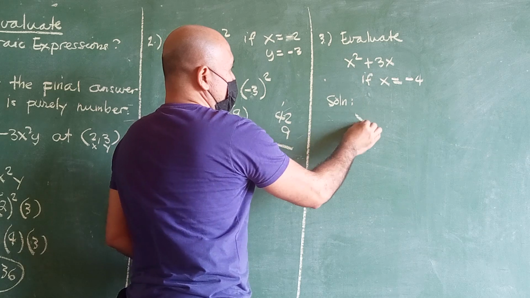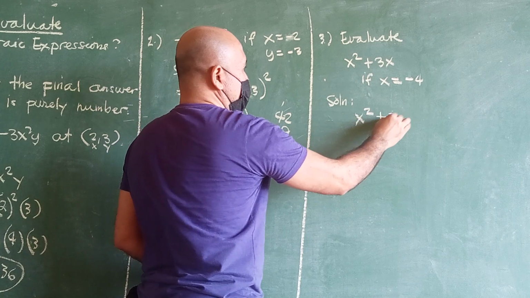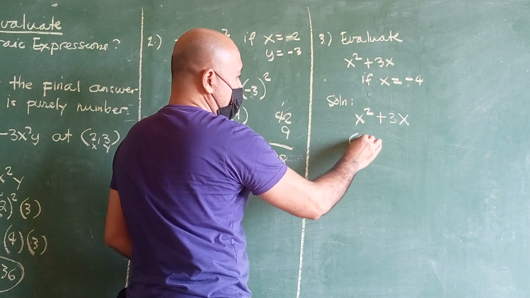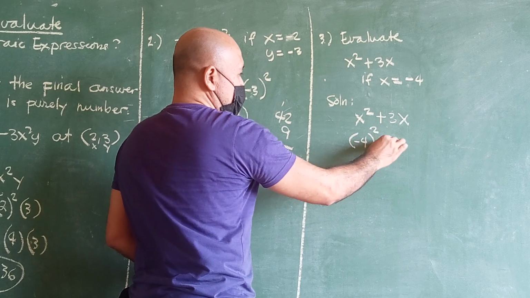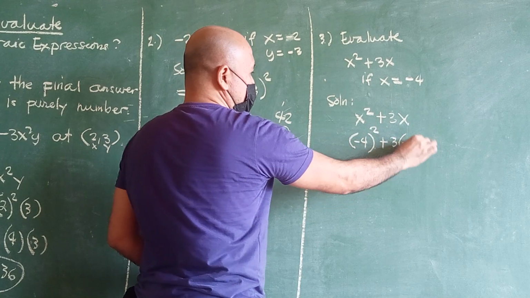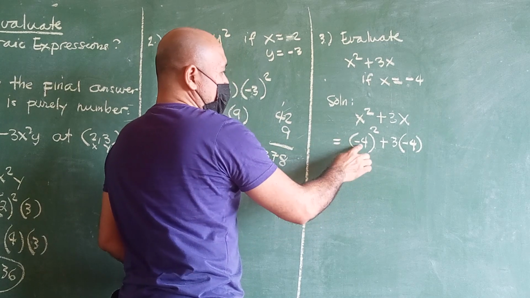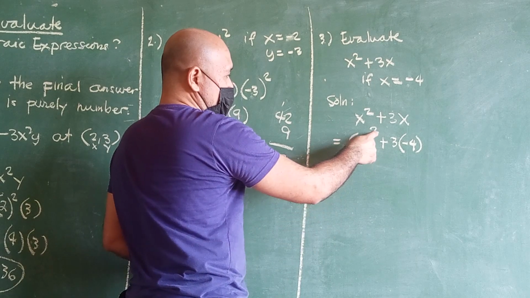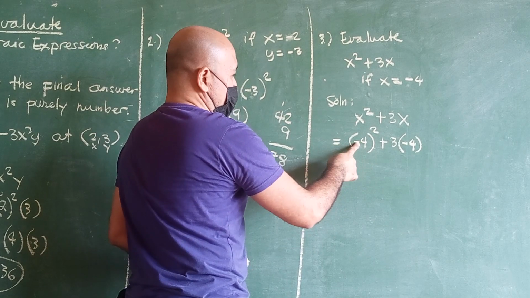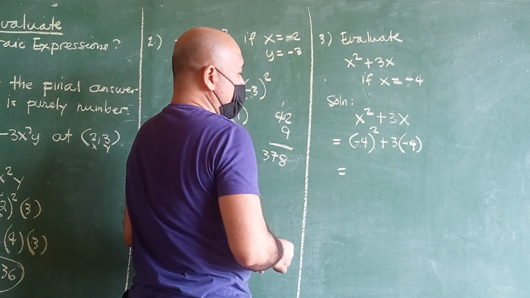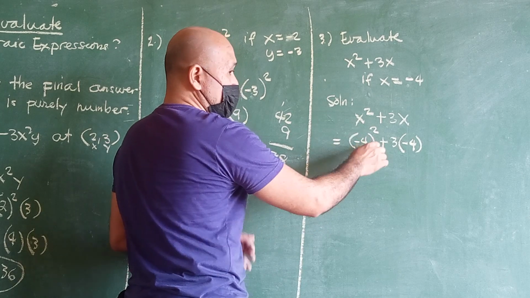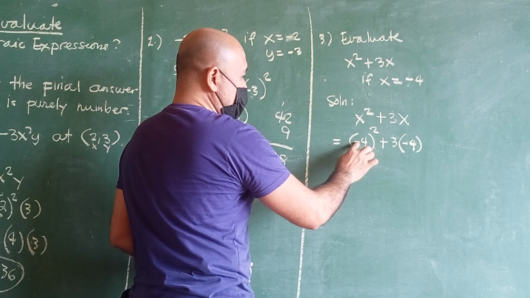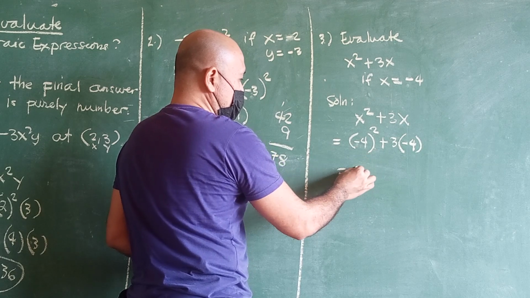So we write x squared and then plus 3x, and then substitute x, which is equal to negative 4, that becomes negative 4 squared plus 3 times negative 4. So you have negative 4 raised to the power of 2. Remember that if the exponent is even and the base is negative, automatically it will become positive when you simplify the exponential expression. So this will become negative 4 times negative 4, multiplying by itself, so this will become positive